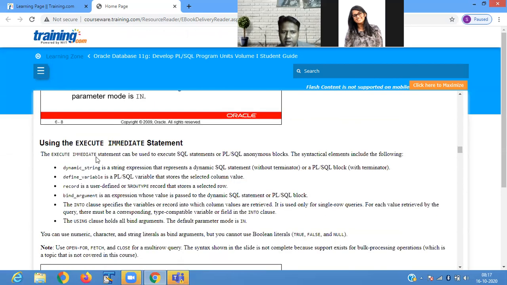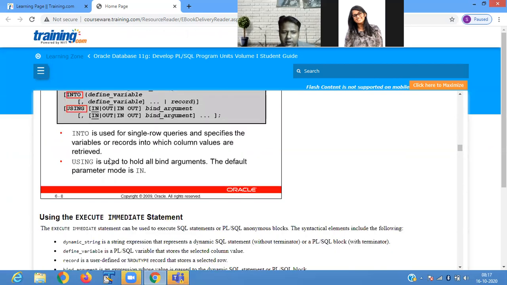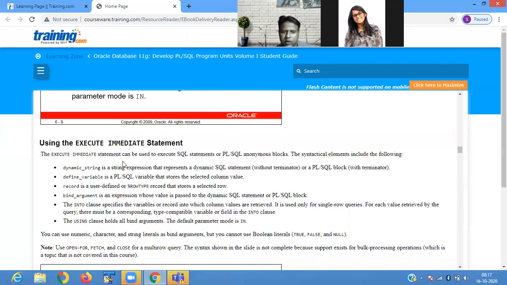Here in this statement we're using execute immediate. It can be used to execute a SQL statement or a PLSQL anonymous block. Dynamic string is a string expression that represents a dynamic SQL statement or PLSQL block. A record is a user-defined row type record that stores the selected row.